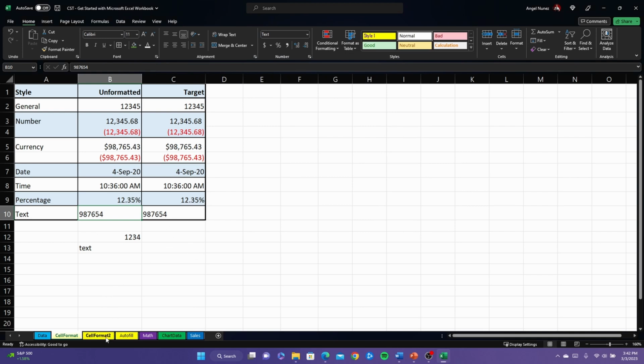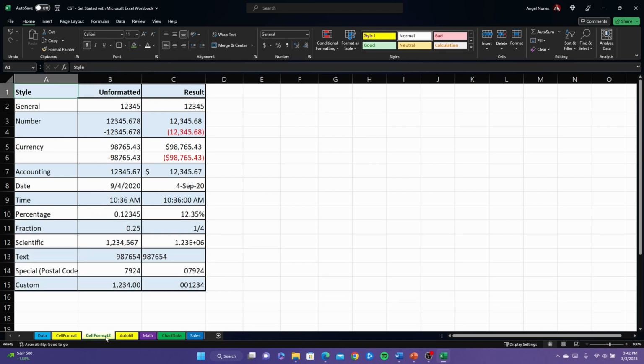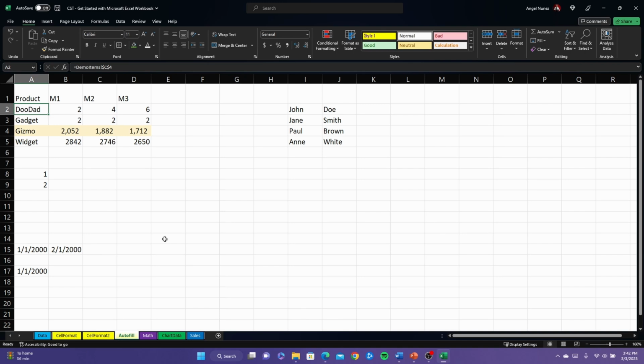Now, we can continue formatting here by going to our second format section, but what we're going to do is move on to our autofill. When it comes to Microsoft Excel, it is very smart, and it can recognize patterns as well. So, with that said, we currently have our products. We have our M1, M2, and M3. If we click on M1 and drag it across to M3,